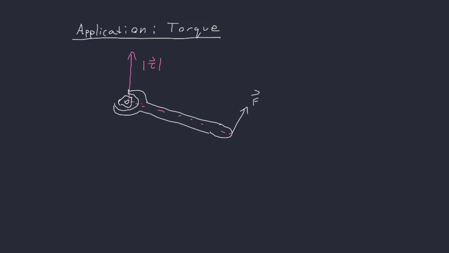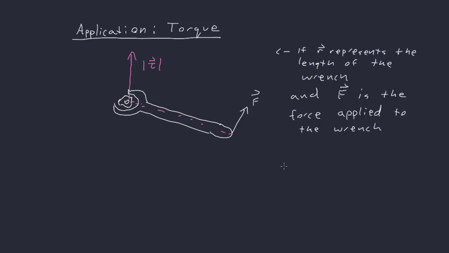So if R represents the length of the wrench, and F is the force applied to the wrench, then the torque is the force applied to the bolt, and its magnitude is given by F cross R, its magnitude, which will also be